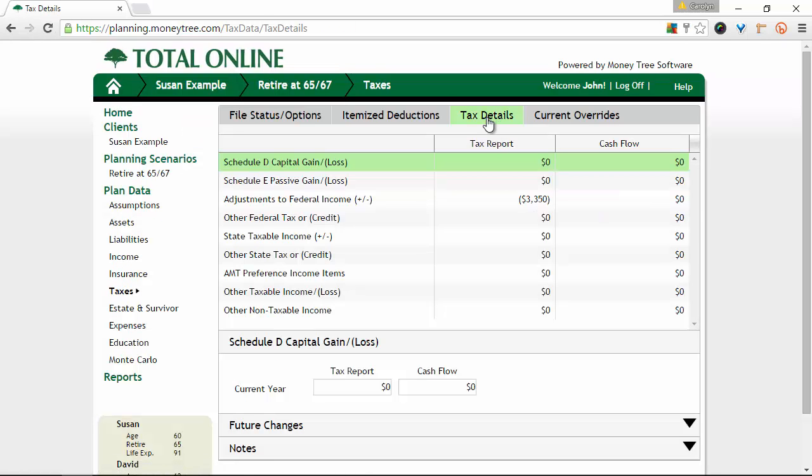Tax details you're not going to use too commonly, but this allows you to make adjustments to the tax reports. For example, if they had a large Schedule D loss that they were carrying forward from a previous year that the program wouldn't know about, but you would like to have it captured in the reports and carried on going forward, we can enter it here. So if we said they had a large tax loss,